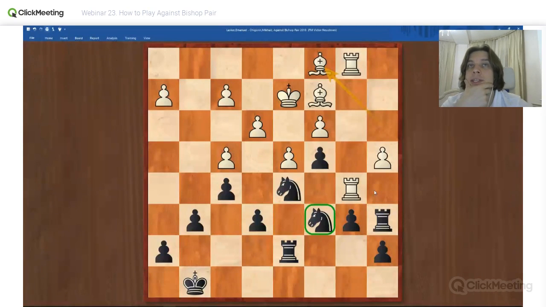And now that's the question: what to do with this knight on c6? Looks like this knight on d5 is in a good spot. If e4, then knight f4. So it's a really strong point for the knight. But how to deal with the other knight? Where to move it? Do you think to a5? But what does this knight do on a5? Where it should be.